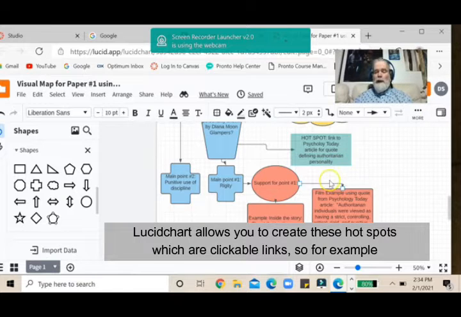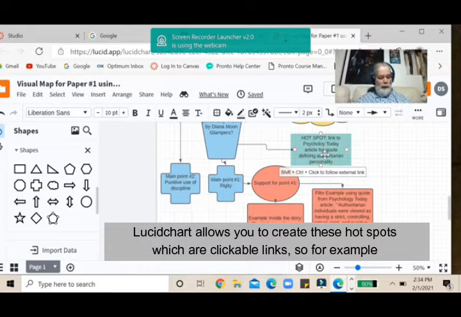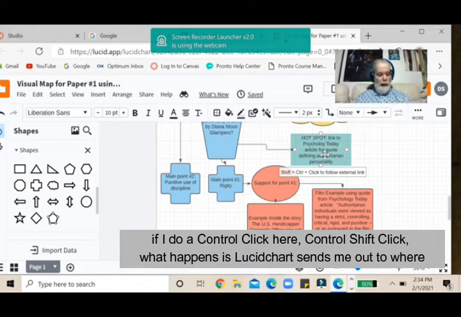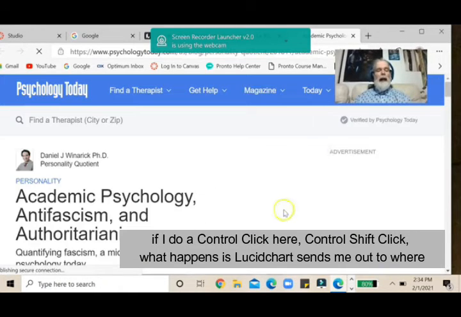Lucidchart allows you to create these hotspots, which are clickable links. So, for example, if I do a control shift click here,